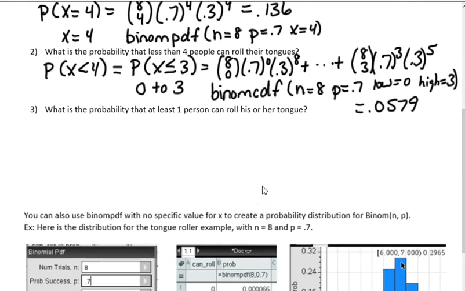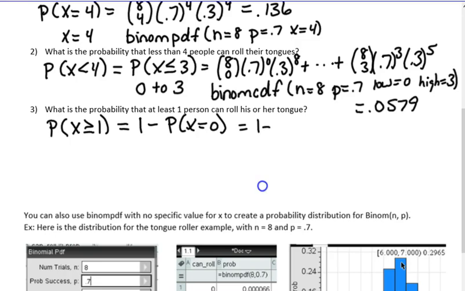What's the probability that at least one person can roll his or her tongue? And there's actually two ways you could do this. I remember that the probability of x greater than or equal to 1 is 1 minus the probability that x equals 0, because that's the only one I'm leaving out. So I could do that. So this would be 1 minus binom, and then I would use the binom PDF for